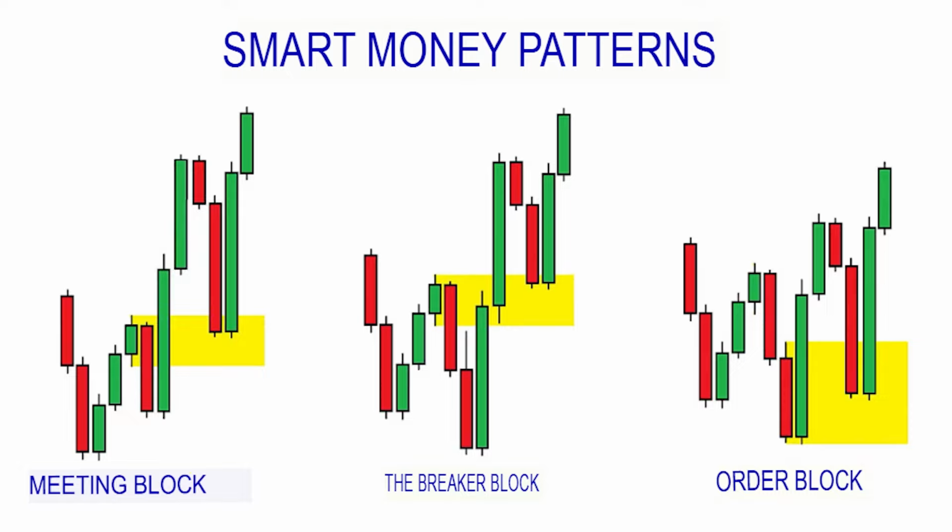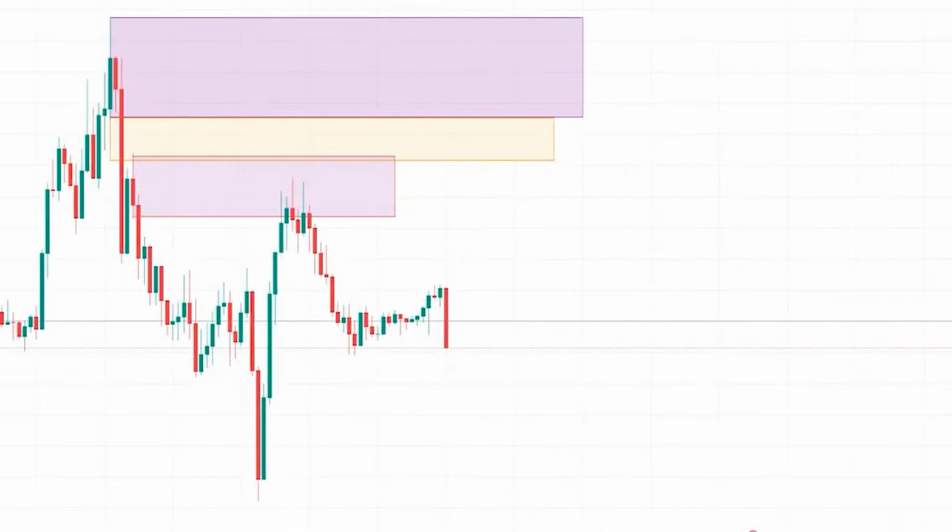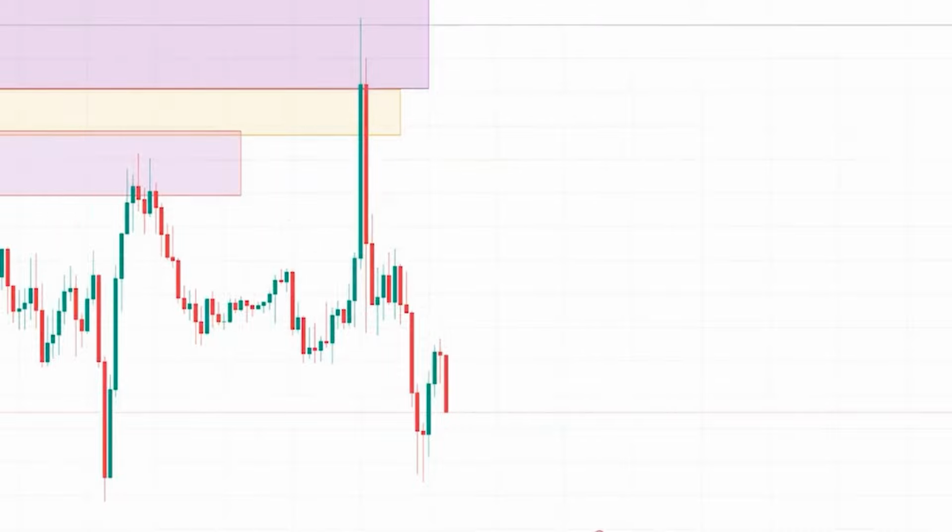Let's review each type of entry. Consider a scenario with two order blocks in a downtrend. Beneath the distant order block, we see an imbalance marked in yellow. After the market structure updates, there is a small reaction to the first order block. But only after the imbalance is fully filled and the price touches the second order block does the market reverse